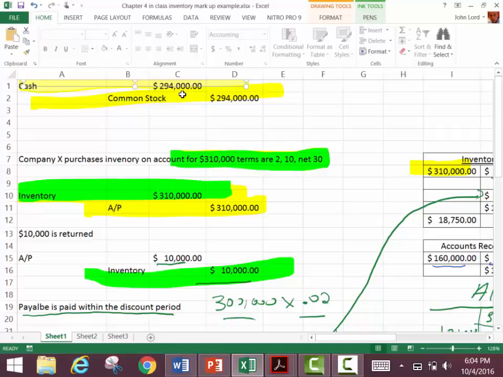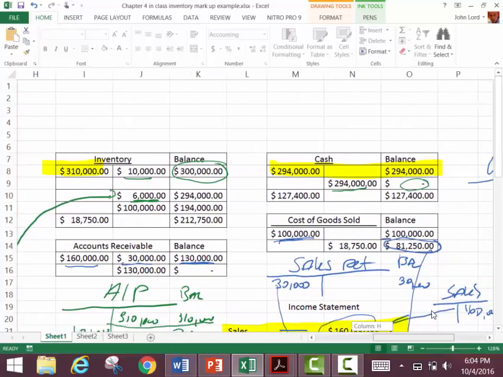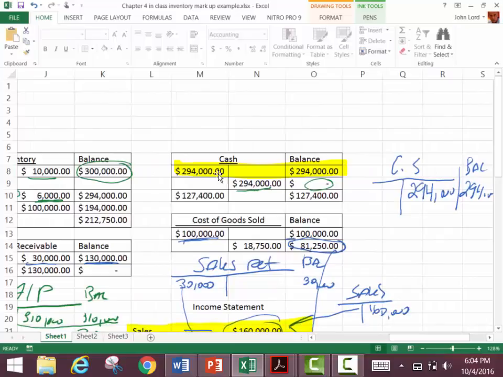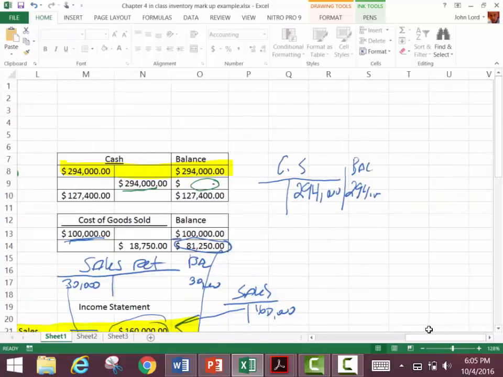We have this company that issues stock for $294,000. If we've issued stock for $294,000, we obviously debit the cash and credit the common stock. When we go from our journal entry to our general ledgers, we call that posting, right? So we post to our cash $294,000. And remember, I wrote in common stock because I didn't originally put it on that example, since it's the only entry we made to common stock. But I thought, well, might as well have a complete thought. We debit the cash, we credit the common stock, right?